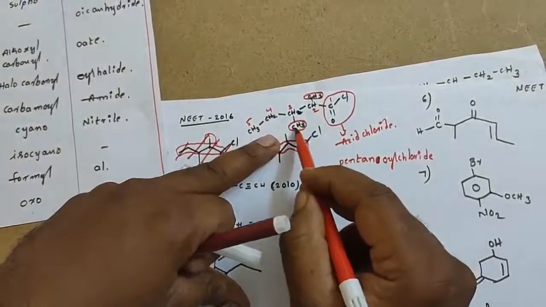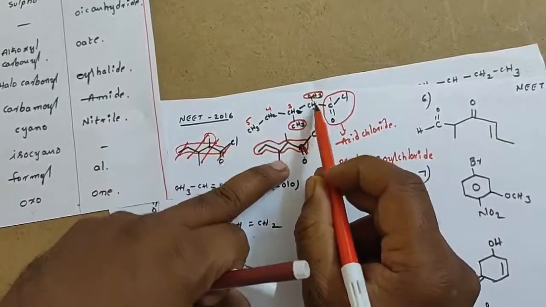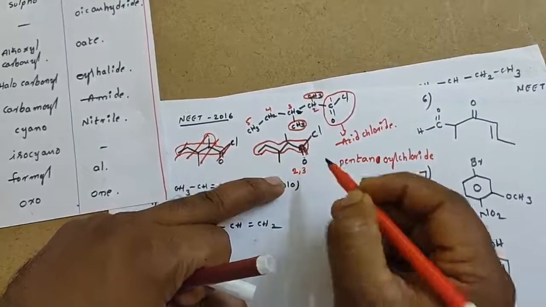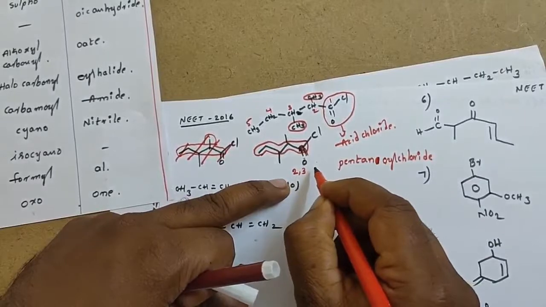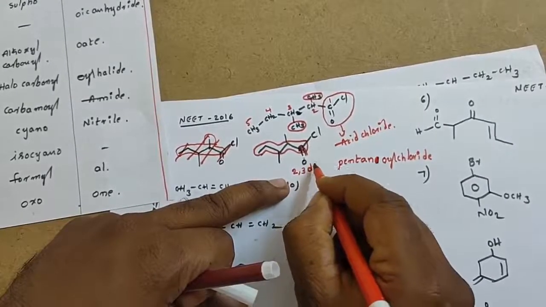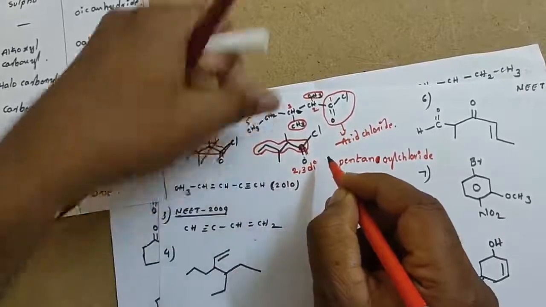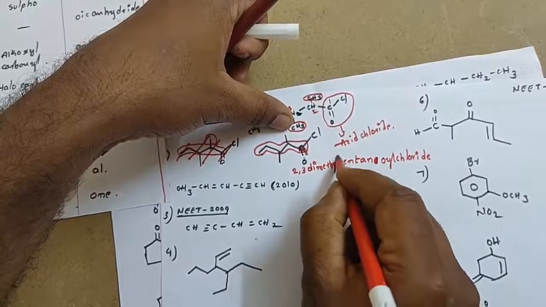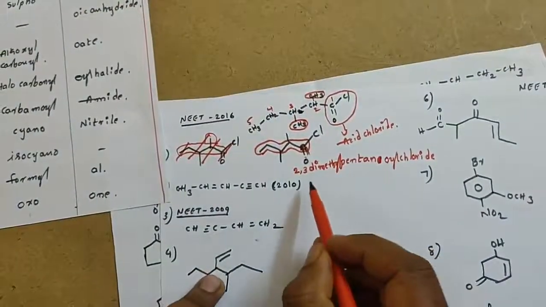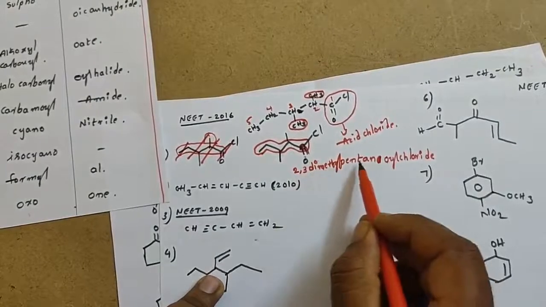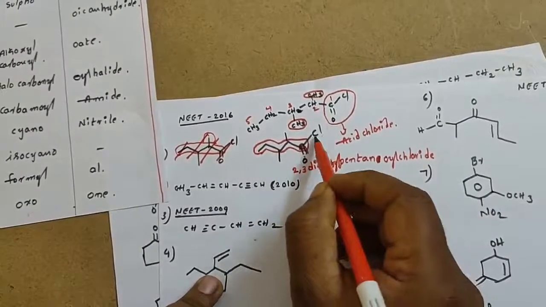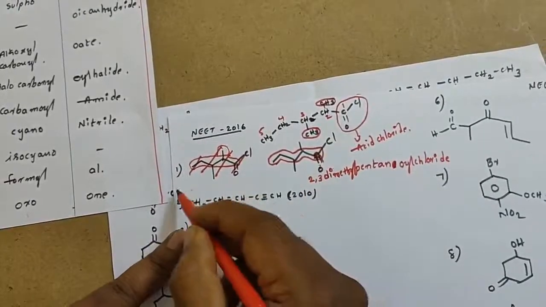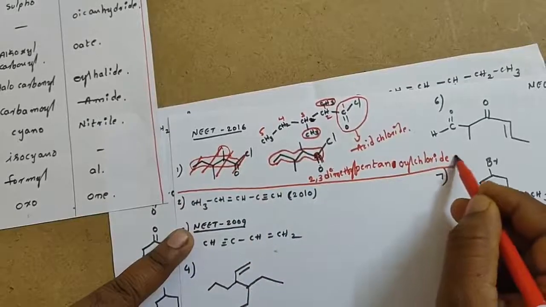And there are prefixes. So what are the prefixes here? Second position, third position, methyl is there. How many methyl are there? 2 are there. That's why I write di. And what is this CH3? This CH3 is called methyl. That's why 2,3-dimethyl pentanoyl chloride is the name of this compound. I hope you understand. So then the next molecule is